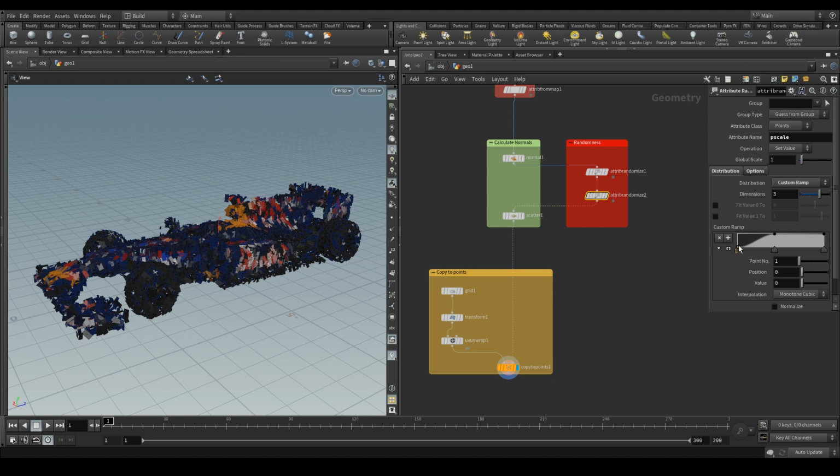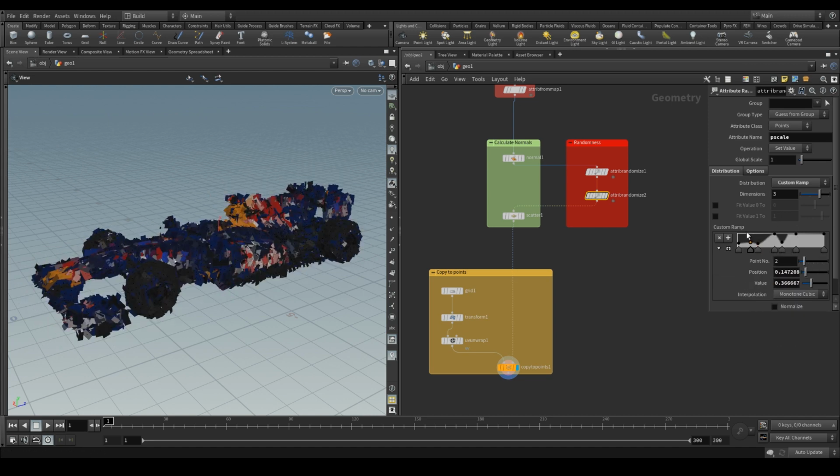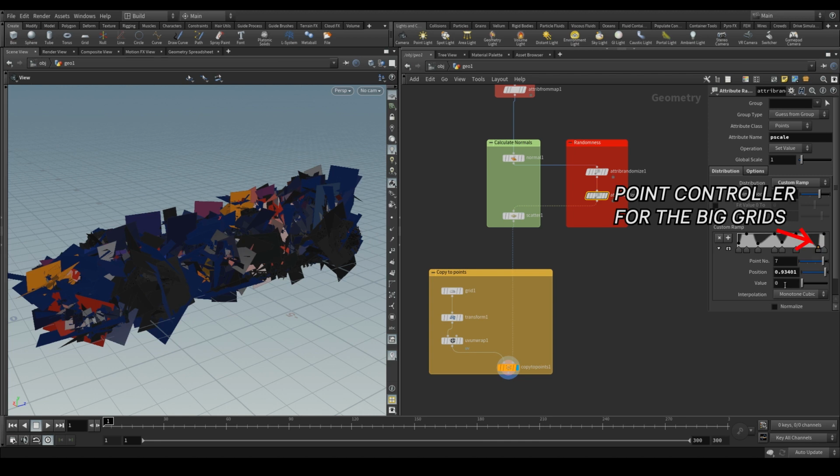I'm just trying to get as many scaling variations as I can, because in traditional paintings, you can notice that the painting might have small brush strokes, or medium sized, or maybe even large brush strokes. So I'm just trying to get those large strokes by having a few large grids. We can affect the frequency of these large strokes by increasing or decreasing the position.